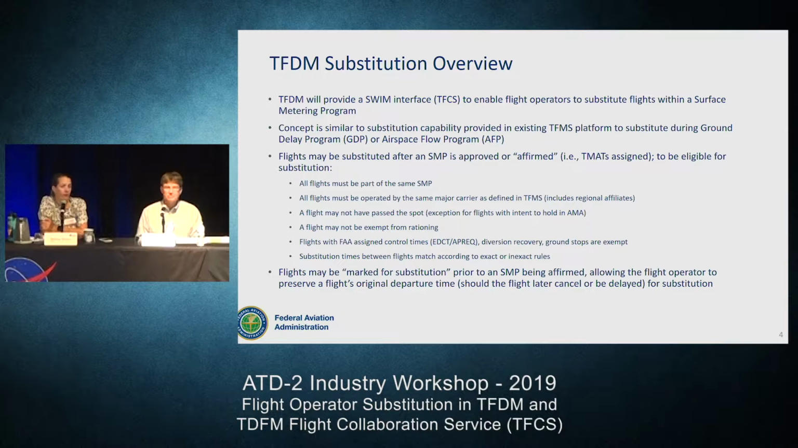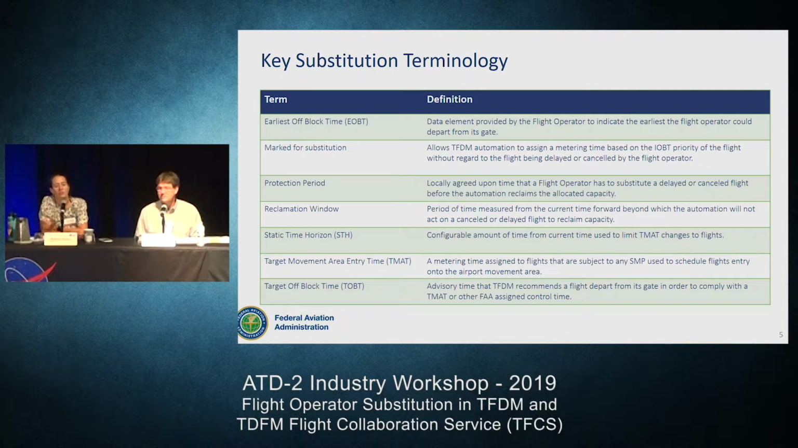So I'm going to move through the next couple slides, especially the use cases. It might either spark more questions or hopefully answer some questions. So just some key substitution terminology. This is more for reference. I'm not going to read every single word on this slide. There's a lot. But the data elements and terminology in TFDM that come into play in substitution, of course, EOBT is important because that's what's driving the surface metering times. That's what's driving things like inclusion into an SMP, whether you can substitute. The marking for substitution, we talked about at length,